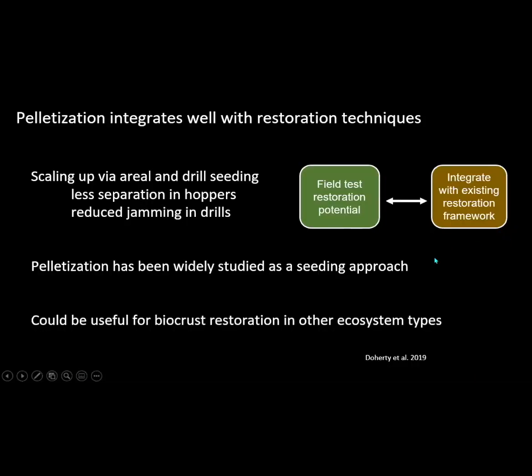I also wanted to talk a little bit more about pelletization technique and how it might integrate with other restoration frameworks. So being able to scale up these results was really important to me, and that was one of the reasons I decided to explore pelletization. First,